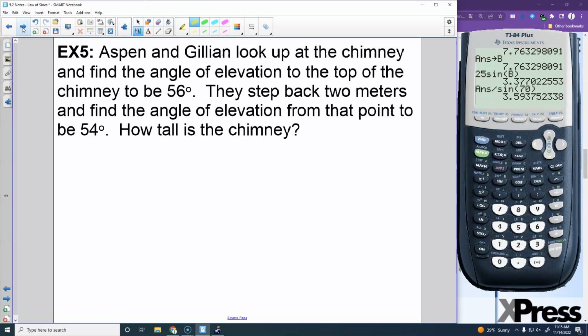Aspen and Gillian look up at the chimney and find an angle of elevation to the top of the chimney to be 56 degrees. They step back 2 meters and find the angle of elevation from that point to be 54 degrees. How tall is the chimney? So when I used to teach geometry, we used to actually go do this. So the idea